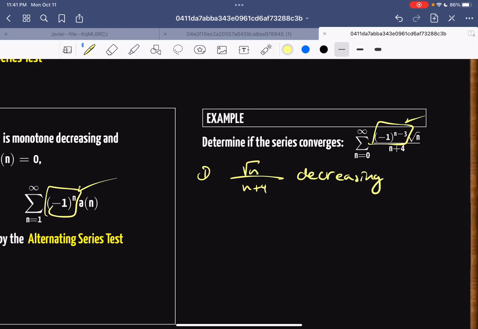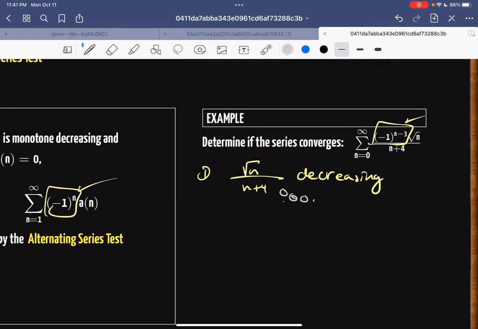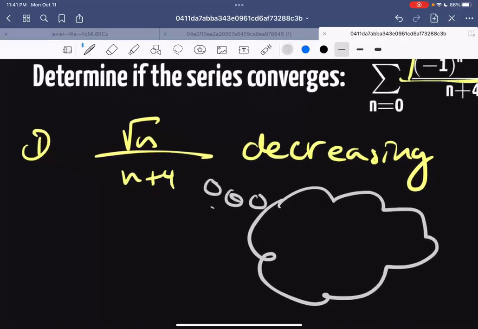And the reason I know it's decreasing is because this behaves a lot like, let me see here. If you look at the dominating terms, the dominating term on the top is square root of n, and the dominating term on the bottom is n. So if you were to divide out by the square root of n, which is the dominating term on the top, you get 1 over square root of n plus, well,